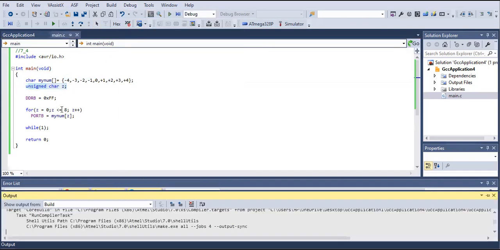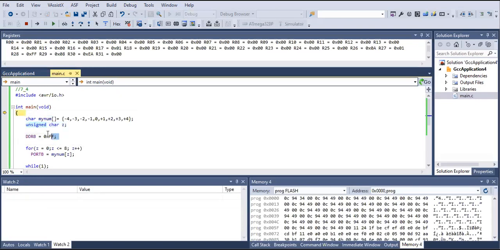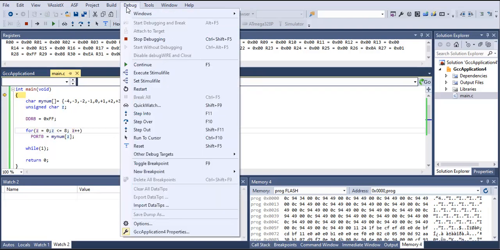Then we are using a for loop. We are declaring this DDRB port as an output port, and in the for loop we are getting output on port B of num z, that is, this loop is looping for 9 times. If I show you its outputs,